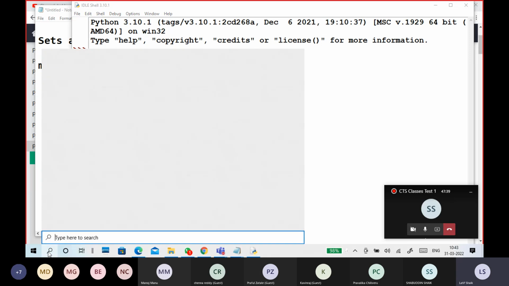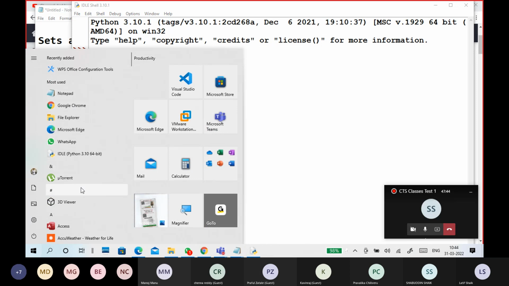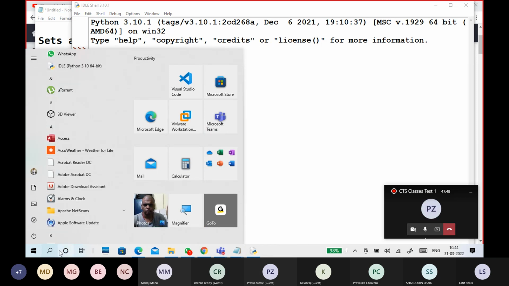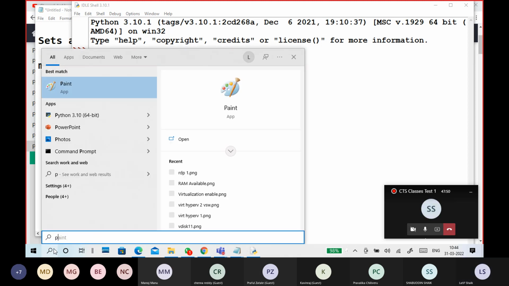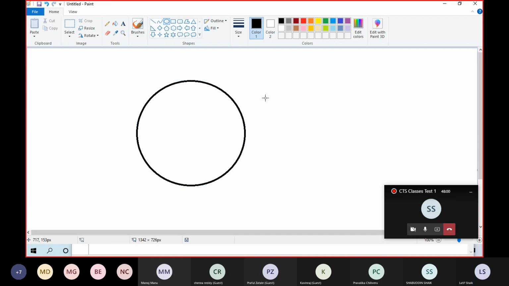Another important tool is Paint. This is a set. This is another set.